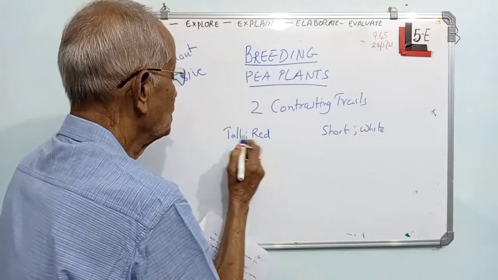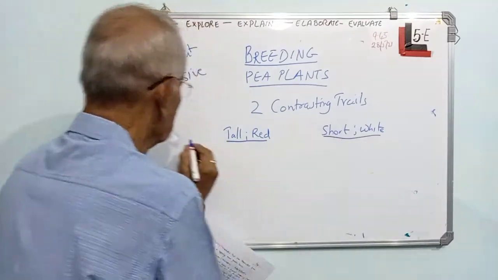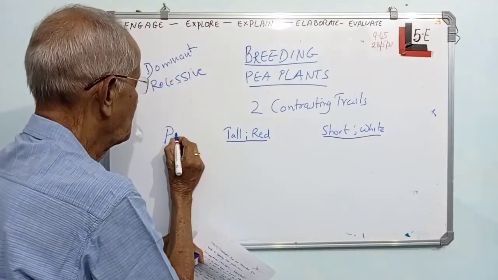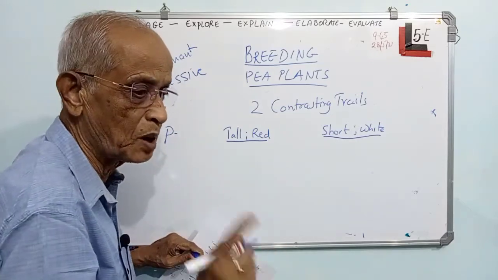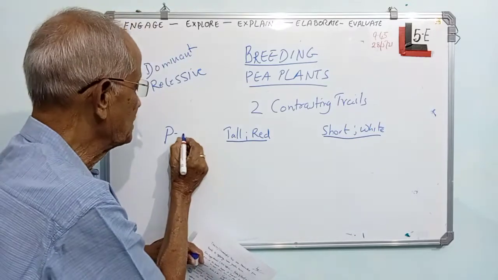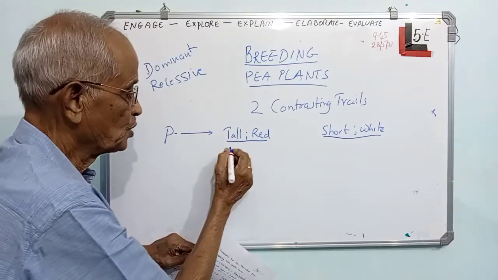White flower. So now if you write for this one, this is the pure plant. It is the P. That is pure parent. I told you already he has developed a model of study. In that model of study, the first one will be always the pure plants. So if you write the